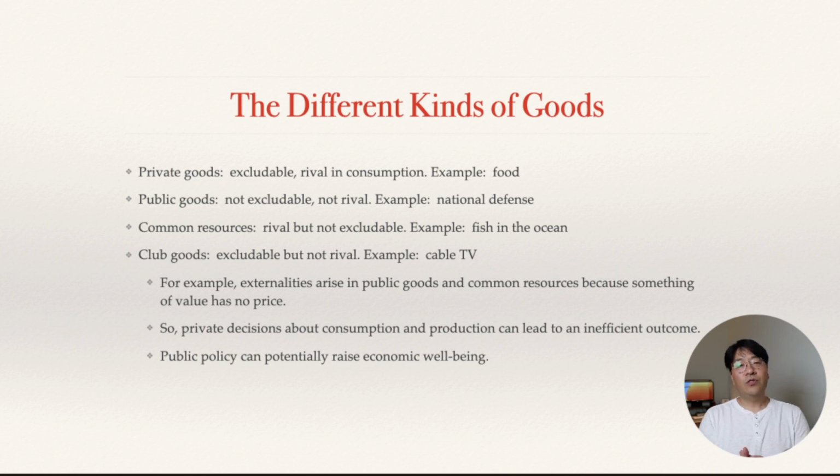So one thing to note is that externality generally happens in the case of public goods and common resources, because price is not involved in those transactions and something happens without proper compensation, right? With private goods, private decisions can make inefficient outcomes under the presence of externality. So you can understand it easily that way. Under that sense, government intervention is better.